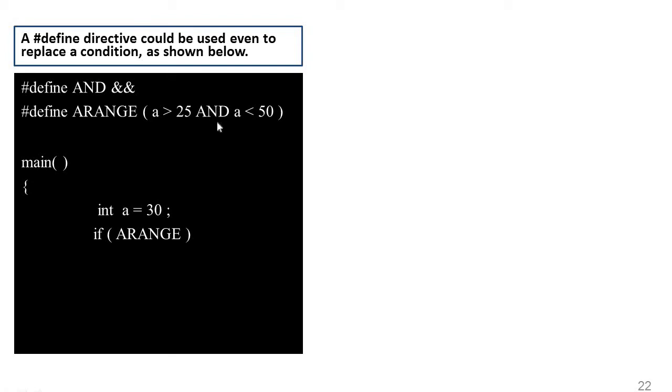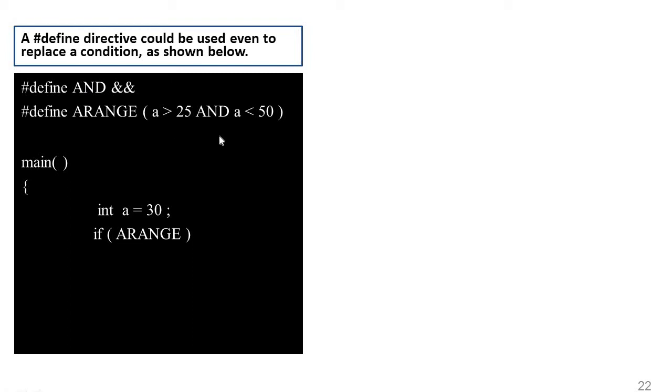Now here comes AND. The compiler again will think about what AND is. It will get from the preprocessor directive definition that AND is nothing but an and operation.